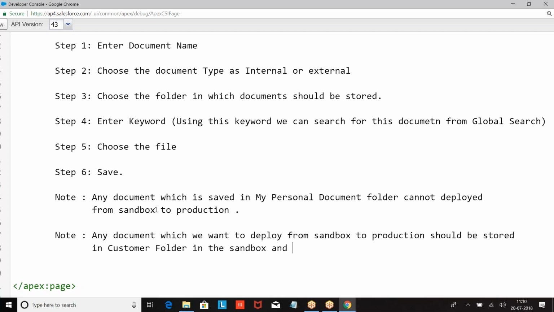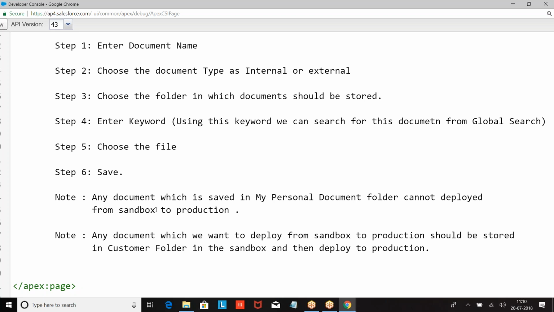Sandbox and then deploy. So this is how we are creating. I hope I'm clear.